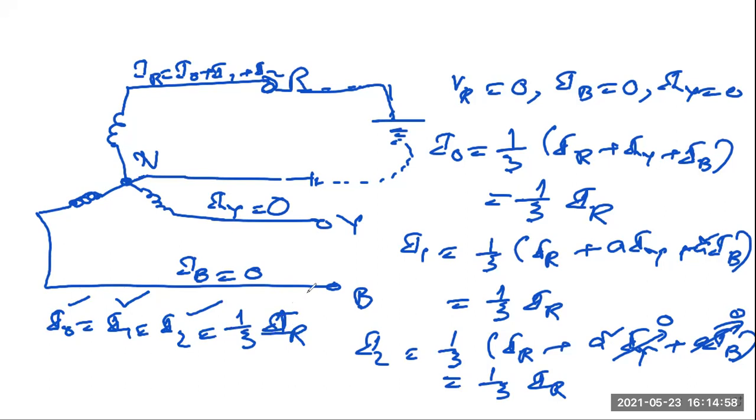How the sequence component networks will be connected, we can understand from this particular derivation: positive sequence current equal to negative sequence current equal to zero sequence current. So if these three currents are equal, then what can we say from this network configuration, how these three sequence networks will be connected? If the current remains the same,